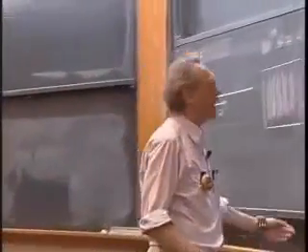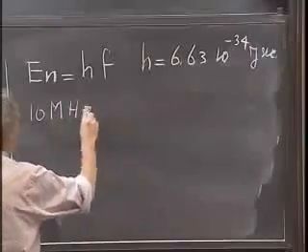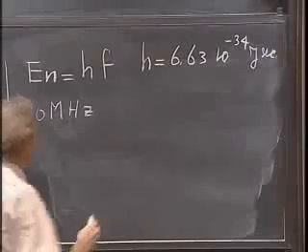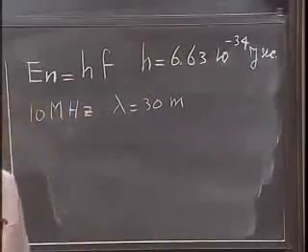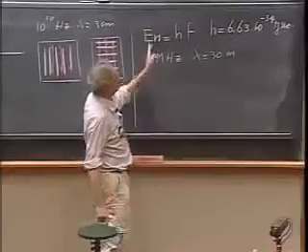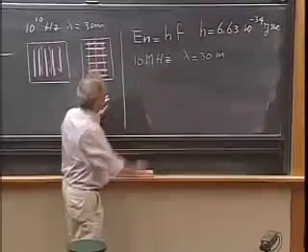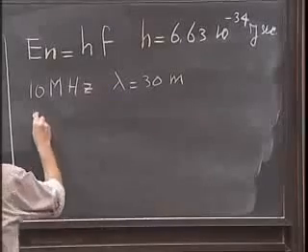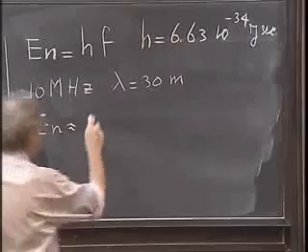So take an example, take radio waves. I'll do only one example for you. We take 10 megahertz, 10 to the 7 oscillations per second. That would be a wavelength of about 30 meters. One photon contains energy, and each radio photon with this frequency has exactly the same energy. It's a quantized amount of energy. And if you substitute for this frequency and multiply it by h, then you get that the energy is about 6.6 times 10 to the minus